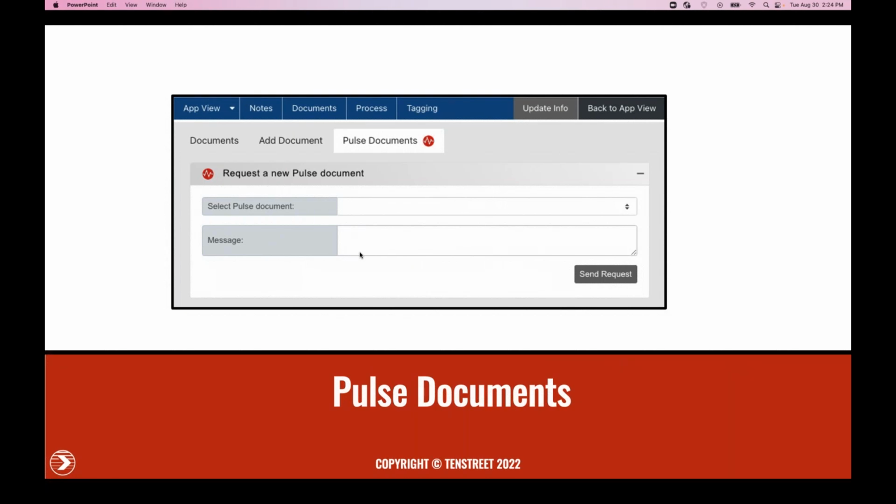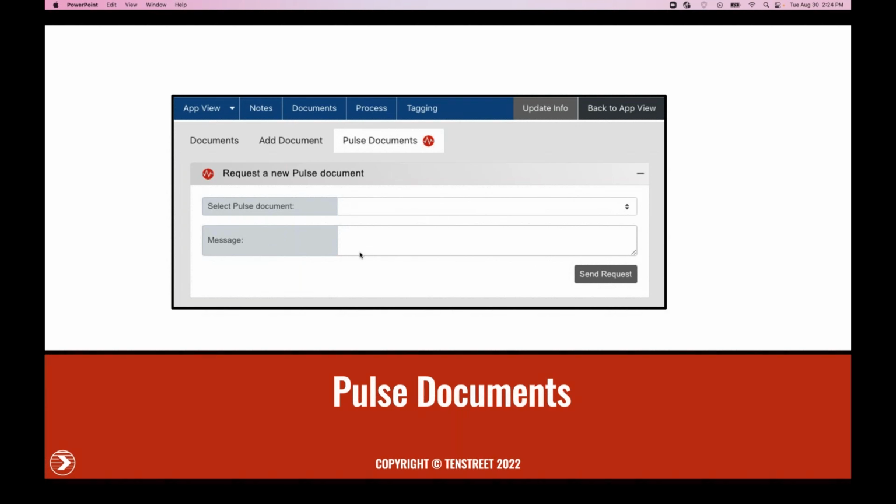a Pulse user's personal documents. This functionality exists in the Documents button within the Pulse user's driver profile. So if you click into the Pulse Documents tab, that's where you can request these items. There is a list of multiple different items such as CDL, MedCard, Social Security card, and DOT physical, as well as many others listed in the dropdown, and you can even include a message when you send the request over